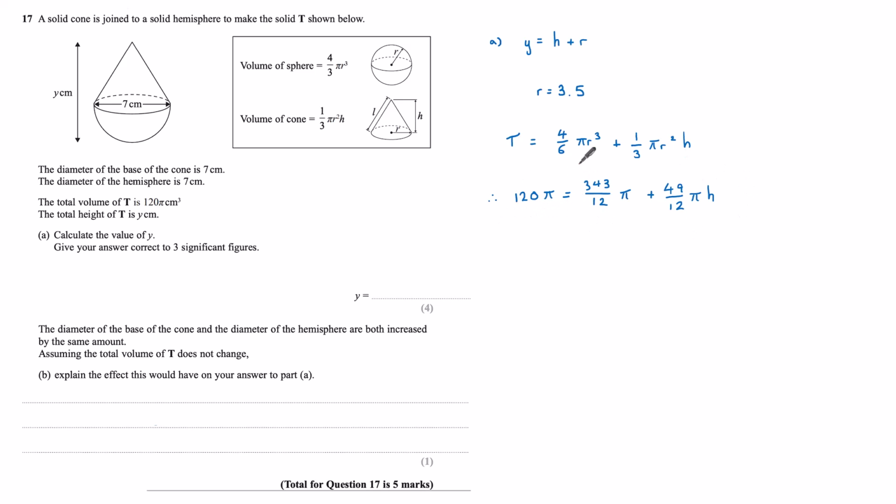120 pi is equal to, on your calculator, 3.5 cubed times 4/6 is 343 twelfths. 3.5 squared times 1/3 is 49 twelfths. And then we've got pi h. If we now subtract 343 twelfths from 120 and divide by 49 twelfths, we find our height to be 1097 over 49. Now y is our h plus r, so add 3.5 to this value and we get to 3 significant figures,